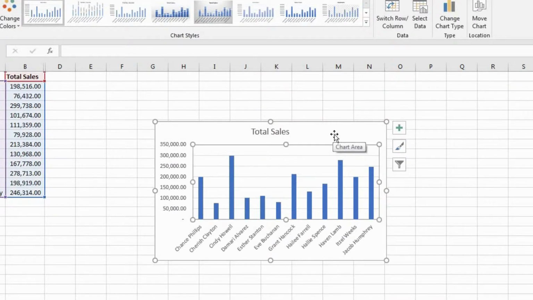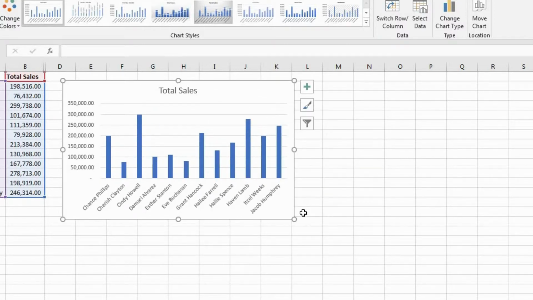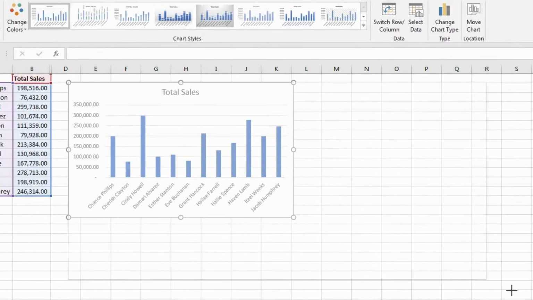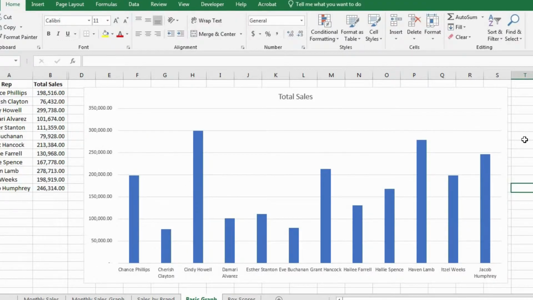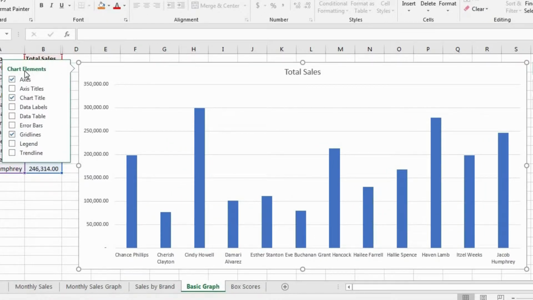So let's move this chart by dragging it up here, and let's make it a little bit bigger by dragging the bottom right hand corner. Now there's all different types of ways that we can customize this graph. If we click on anywhere inside the graph, now we get these options right here on the top right hand corner. And if we click on this plus icon and we come over here, now it has all the different chart elements, and we can add different elements to the chart, or we could get rid of different elements of